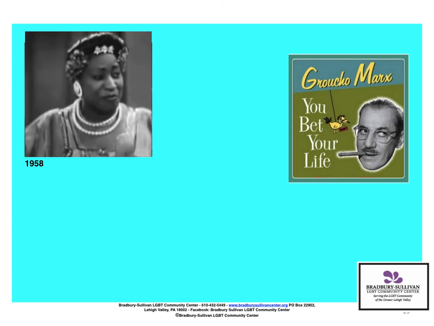Groucho Marx was one of the Marx brothers, and he had this television show that was a quiz show, and he would talk to people, and he would ad-lib funny lines, and he would talk to two contestants, and he would ask them quiz questions, and if they got the questions right, they would win money. And sometimes there were famous people, and sometimes there were just not famous people at all. So he had a sort of not famous person who was the man on the show, and then he had